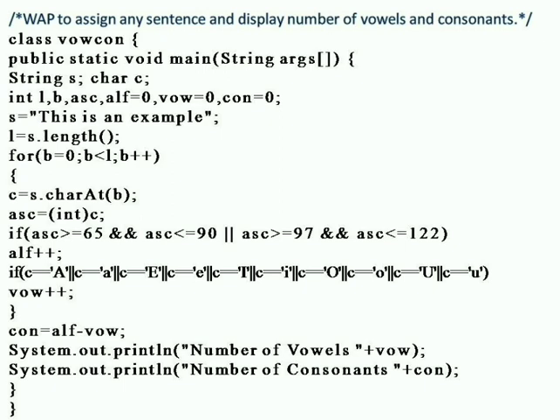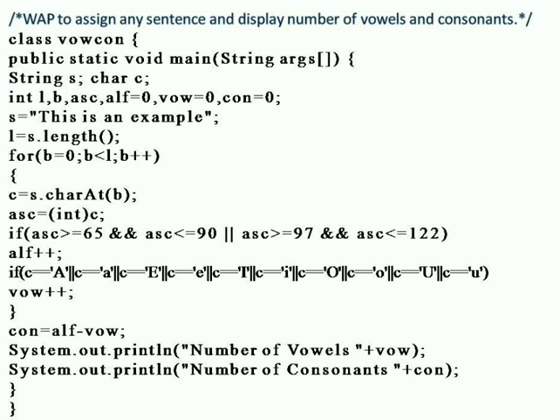Now we complete the body of the for loop. That means all the characters from the sentence will be extracted. First it will be checked for alphabet, then it will be checked for vowel. Now after finishing the for loop, that means every character from the sentence is checked, we will find the number of consonants. The number of consonants we can find by subtracting the number of vowels from the number of alphabets. So I have written con equal to ALF minus VOW.